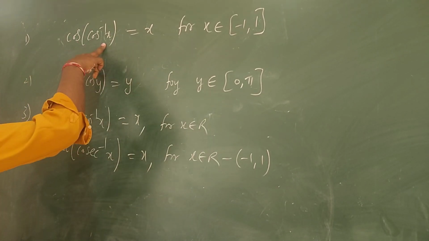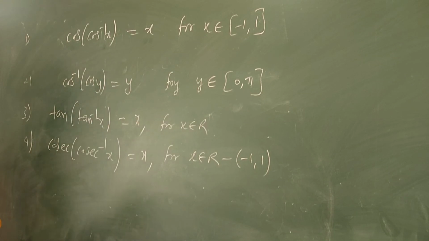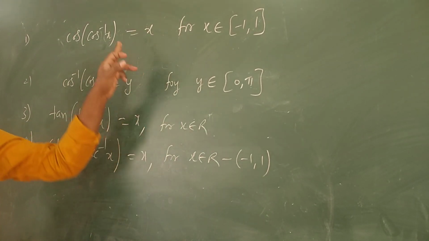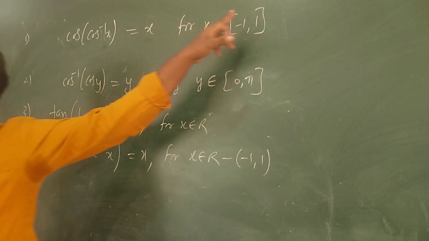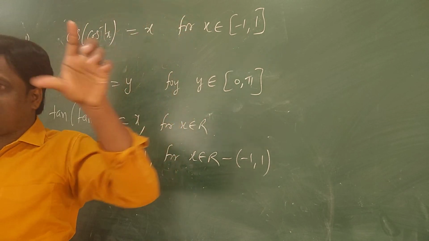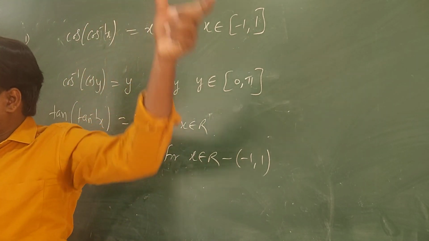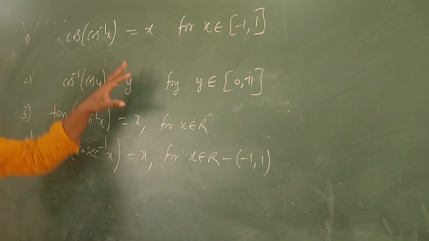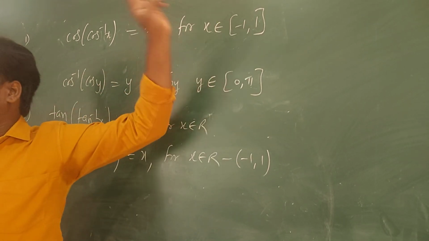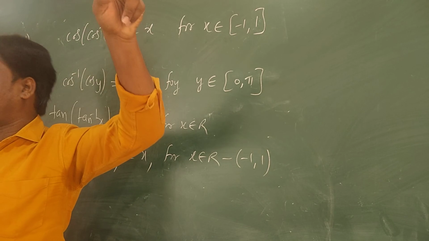The cos of cos inverse x, I am writing x for what? You remember the table, no? मैंने अभी table बनाया था. Wherever x is there, I am writing the domain. Wherever y is there, I am writing the range. Already I showed the table, na? The table I told you to remember. That's all. That only. So this is not a big matter. You can remember this, which I have told you: inverse function, domain and range.